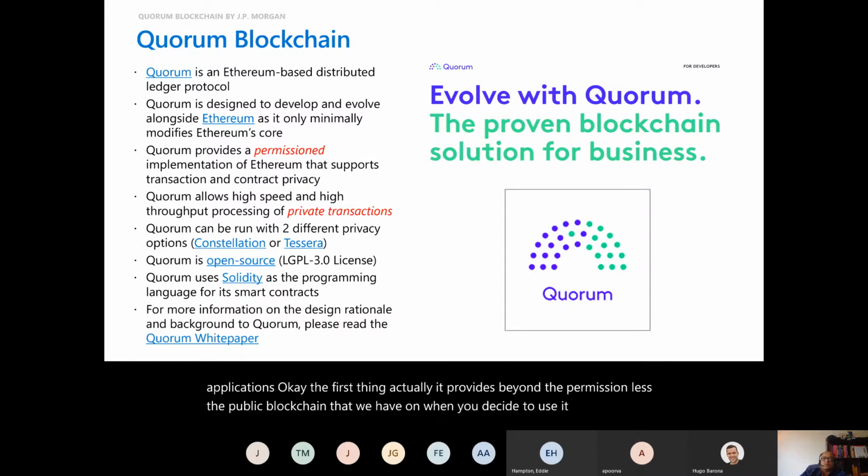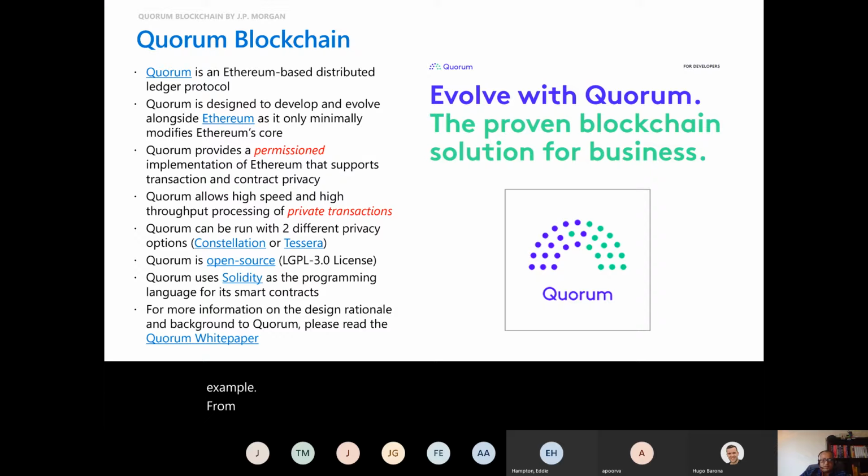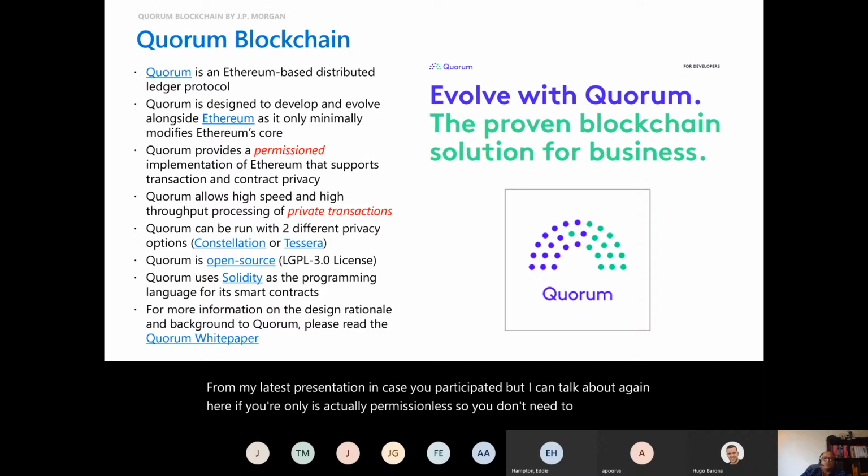Ethereum is permissionless, so you don't need to be authorized to join the network. You just acquire a hardware box, a server, you install the mining software, and then you can join the Ethereum